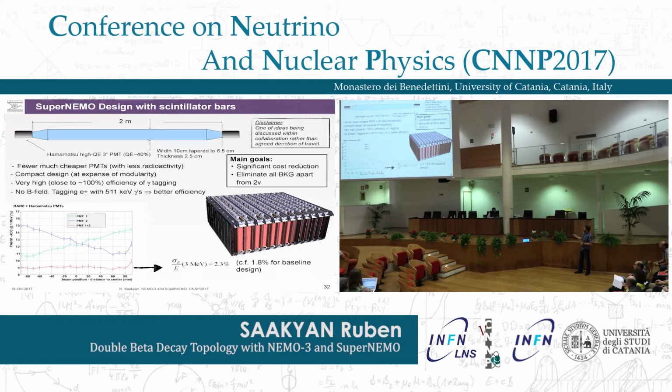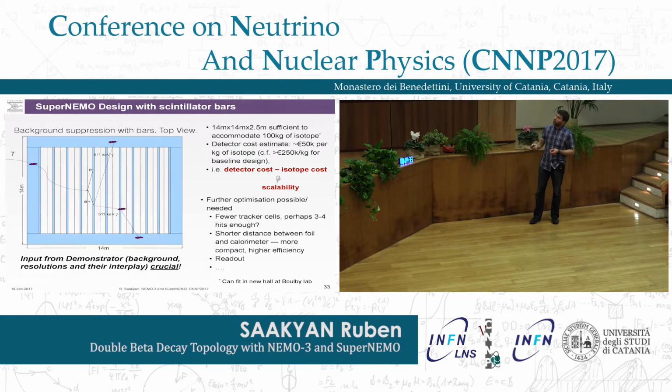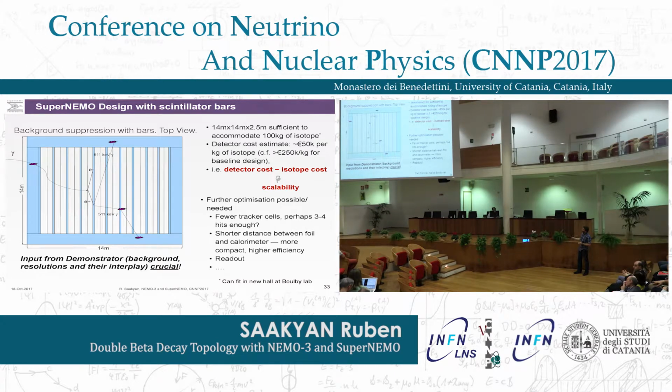One question we already addressed a few years ago when we were considering this design is the energy resolution. It turns out that you can achieve an energy resolution with these bars similar to what we have achieved already with the scintillator blocks. So the idea of this compact design is roughly sketched here. This is a top view. What you see is effectively a single module, and the black lines are the source foils. It's a top-down view, and the scintillator bars, as you can see, one plane of the scintillators is looking now to the left and to the right to look at the events from the foils.